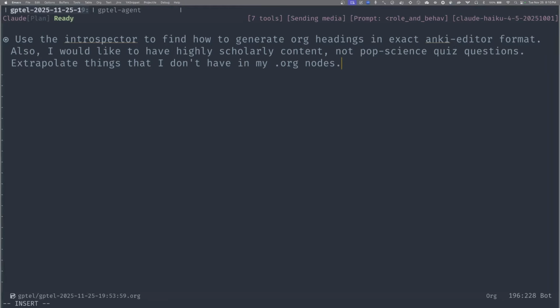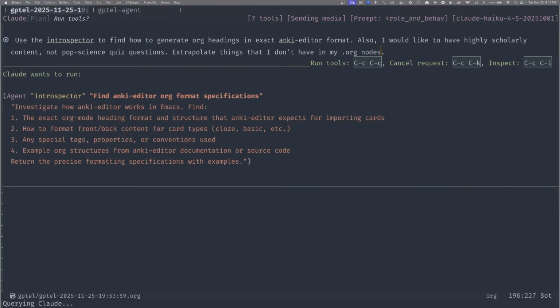Now I just want to check you're not using the gptel feature where each heading is its own context. No, it sends the entire buffer. Okay, because otherwise this request would be disconnected from the previous one. No, it's not. Okay, cool. So now it wants to run the Introspector, and I'm reasonably certain this is going to be rate limited, but let's go anyway.